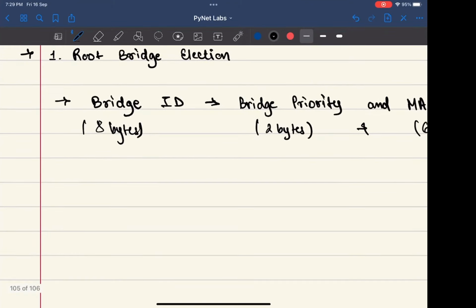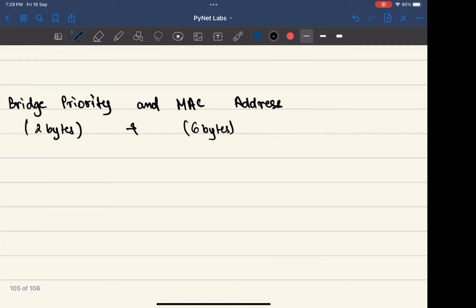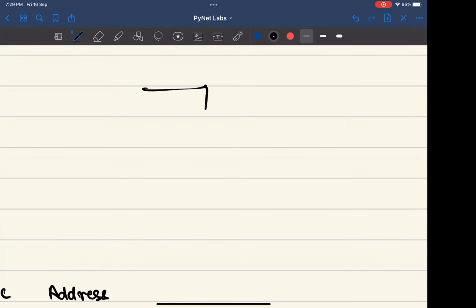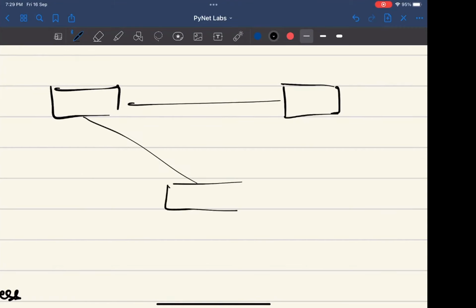Bridge priority, which is a part of bridge ID, is by default 32768 for your switches. So in this scenario, let's bring in that triple switches scenario where we had switch 1, switch 2, and this switch 3. If we haven't manipulated the bridge priority of any particular switch, then that value is going to be